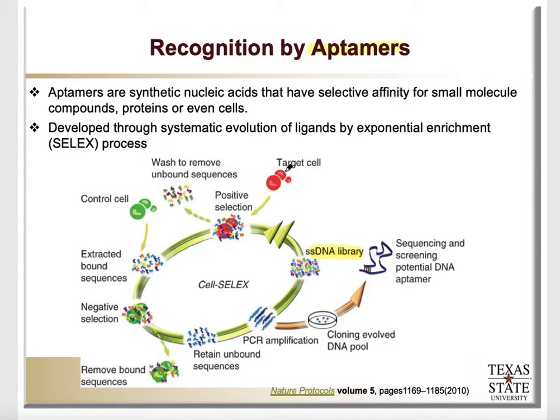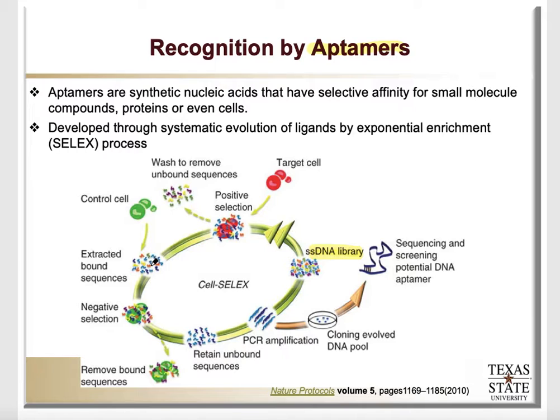So let's say that I'm trying to detect glucose, and I'm trying to develop an aptamer for glucose, which is going to be my target. Well, I want it to bind to only glucose and not to another sugar. So I'm going to use another sugar here as a control to be able to remove any nucleic acid strand that binds to that interfering molecule. Or for example, if our target is a liver cancer cell, then I might use a red blood cell or something like that as a negative control to remove those that also bind to the thing that I don't want to bind. Anyways, from there,